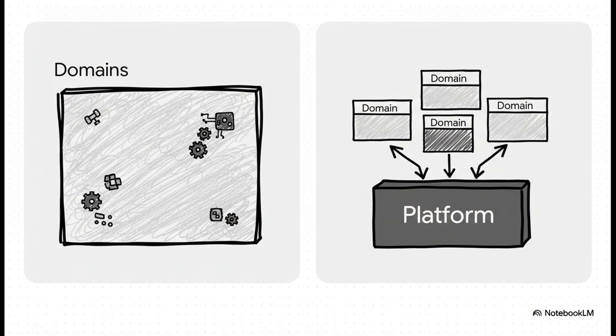So, at the very highest level, you split your code into 2 big buckets, domains and platforms. It's pretty simple. A domain is just a specific product. Think patient portal or telemedicine app. It's all the unique code for that one product. A platform, on the other hand, holds the really reusable stuff you share across products, like your authentication system or your core UI design system.